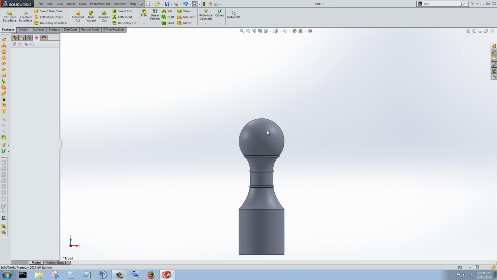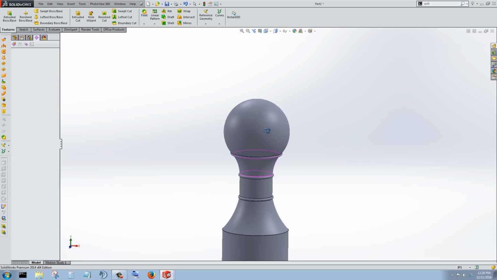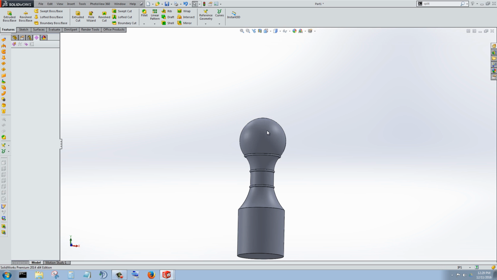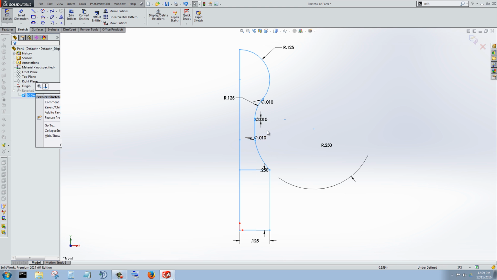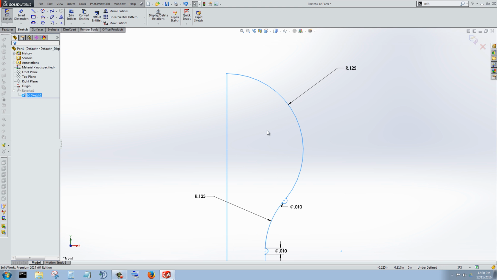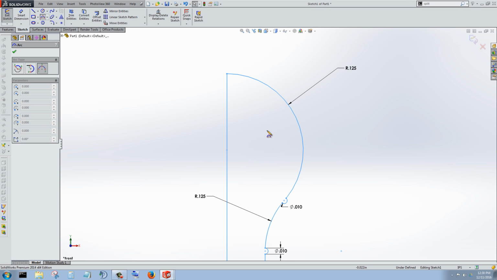Let's exit this. And now let's go back into the sketch. Edit that. Normal to. Let's just draw a whole new arc. That way I'm not messing up too much of the geometries. And in fact,